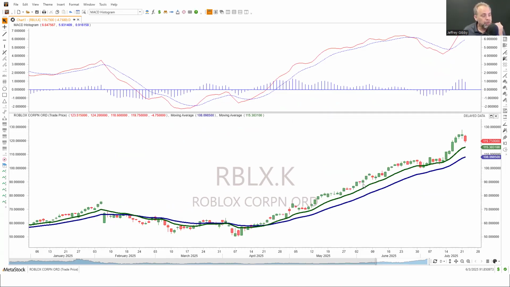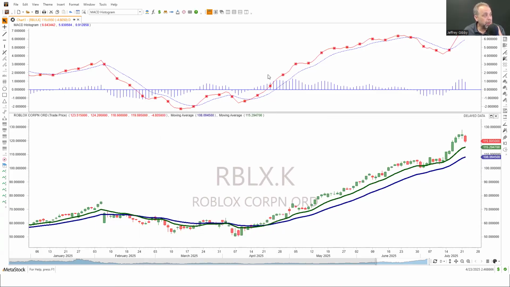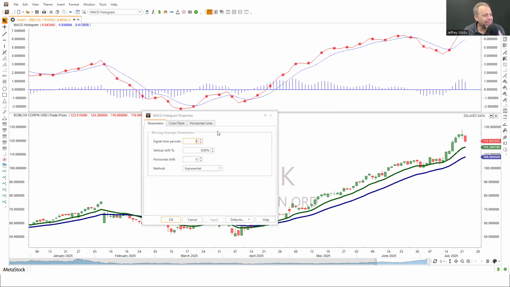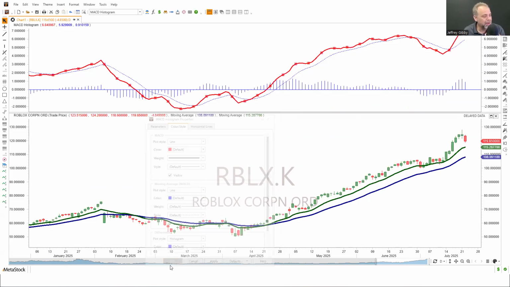The MACD is actually calculated as this red line, which I'm going to make bigger right now so you can see it too. But if I wanted to figure out what this red line is, I think I hit the wrong button. Let me go back in there real quick. I'm working on my ability to type and talk at the same time.